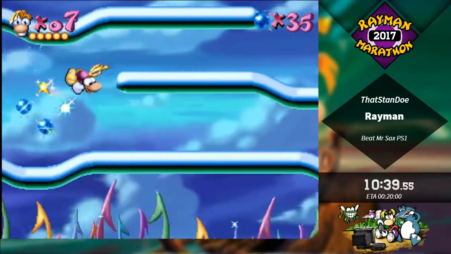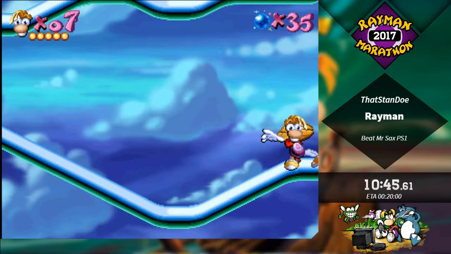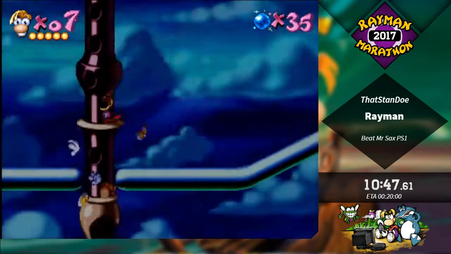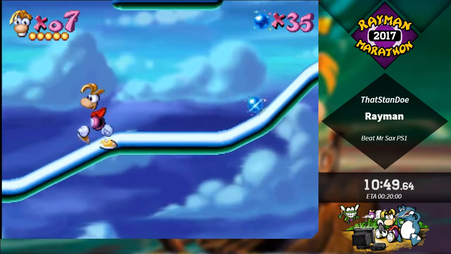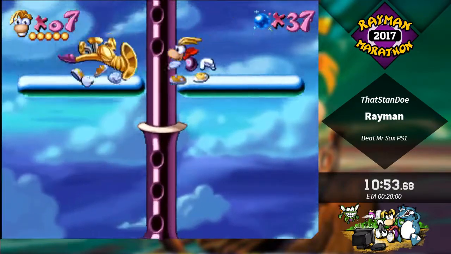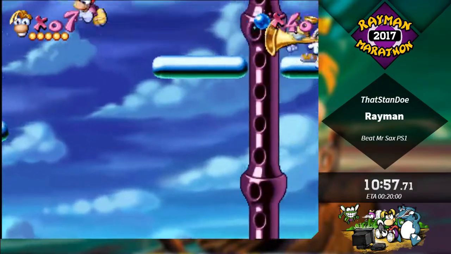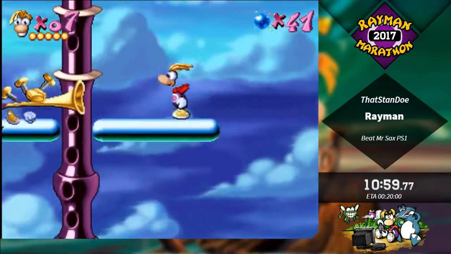Come on, get the clip. Oh, I got the clip. Oh, I never got that. Nice. As you have seen, there's a clip there, but I usually don't get it, so I'm really happy that I got it. So this is another really annoying section where you basically have to time your jumps, because of slippery platforms,